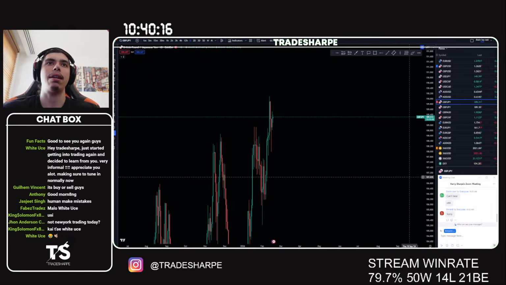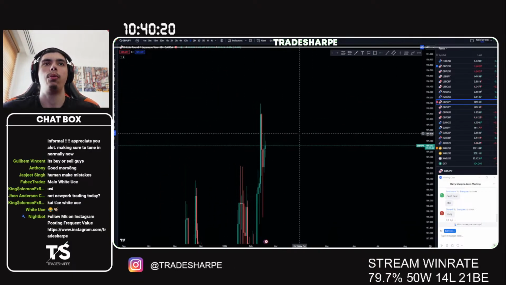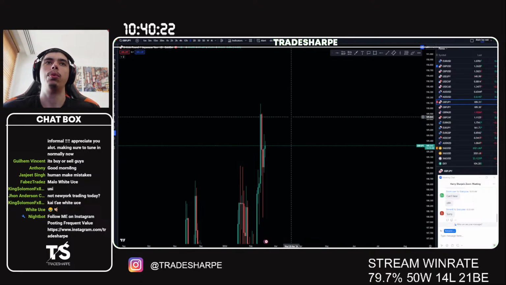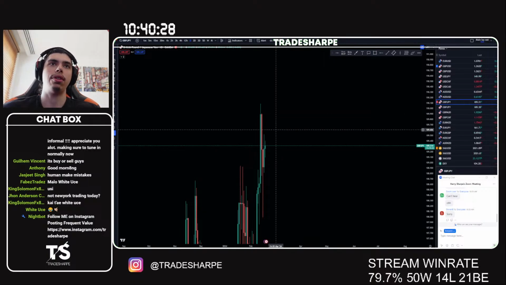Moving down onto the daily time frame, we've created a beautiful daily support here, rejected the top of the range. We can start clearing the daily high. We would see at least continuation, or try to continue up towards 189 and retest that 190 even. For now, we're trying to fill this wick.